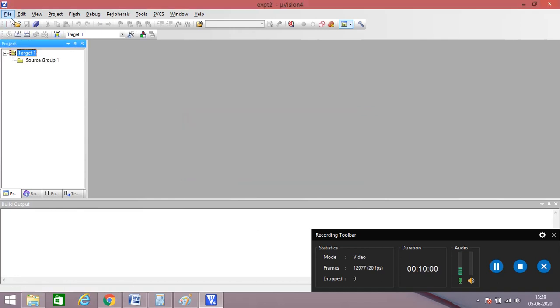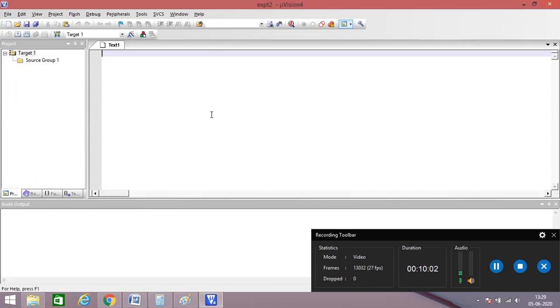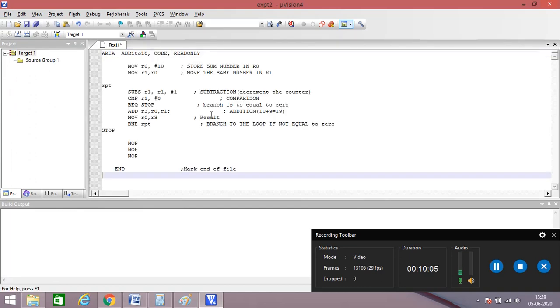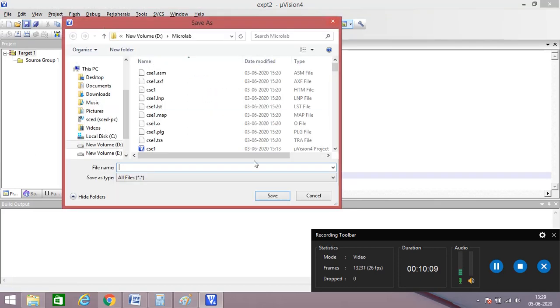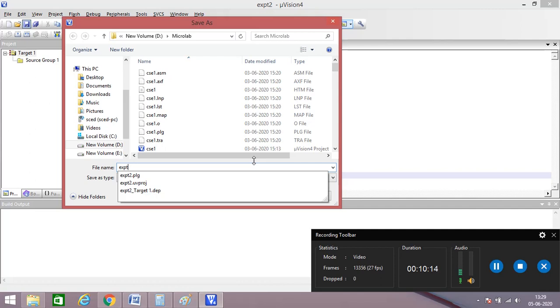Go to File, New, and here you have to write the program. I'll just copy paste this, and next save this with the .asm extension. This is experiment 2.asm.